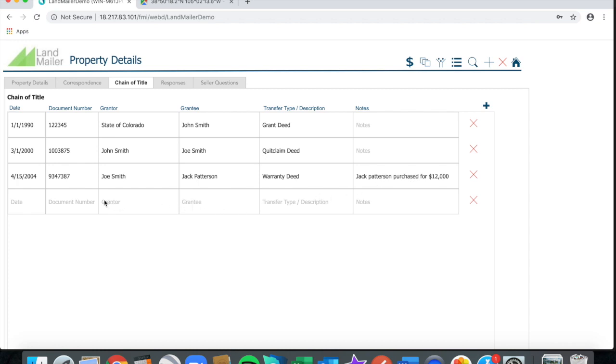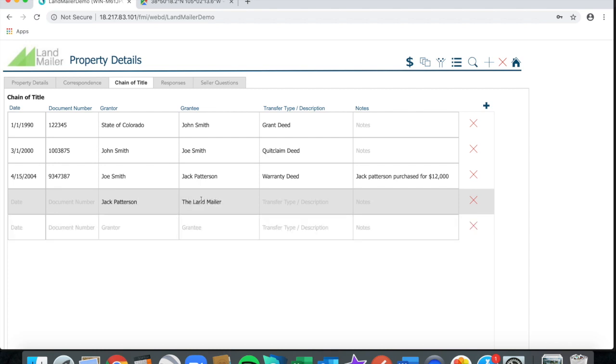And then if I was going to buy this, I would put this in for myself as well. So grantor would be Jack Patterson, grantee the land mailer. And we would do this on a warranty deed. Let's just say this is 9119. And document number, a lot of times the recorder will assign a document number or some sort